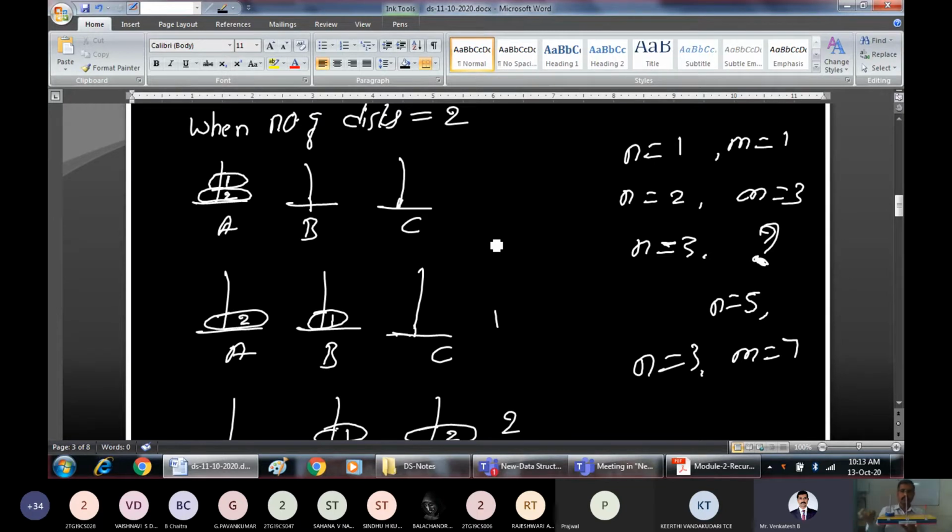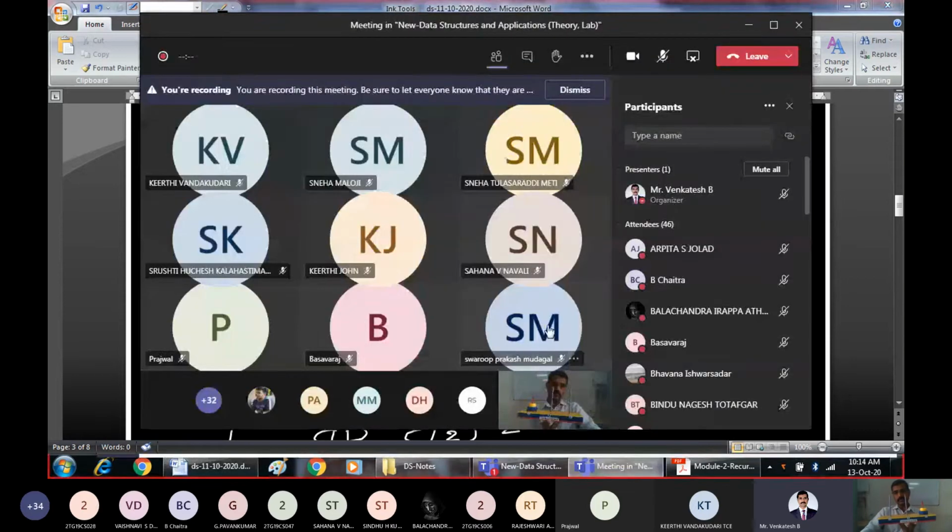Actually, it has got broken. That is the reason. So whatever the steps, take it and move it here to B. One moment. Second moment, I can take the disk from A and move it to C. Third moment, I can take the disk from B and move it to C. So that is what the steps we followed. These were the steps we follow for the effective movement from source to destination.